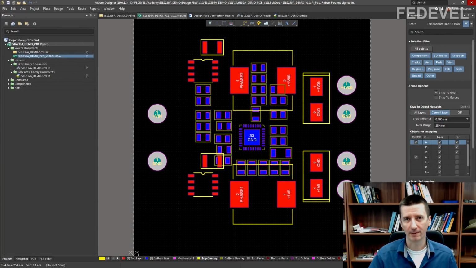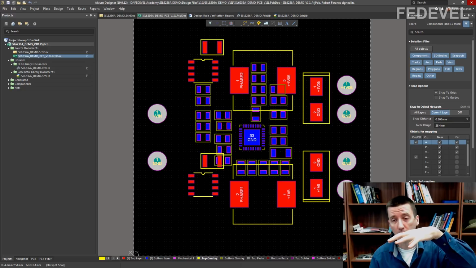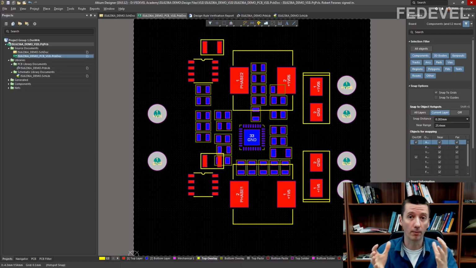To make it more comfortable to work with your PCB, we are going to create something called layer sets. A layer set is kind of a view where you enable just some layers which you would like to see. Usually you create these layer sets for the views which you use very often. For example, like top view. Very often we would like to see our PCB from the top or from the bottom or from top and bottom.